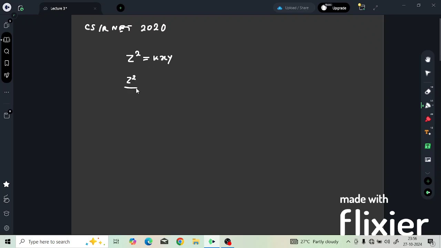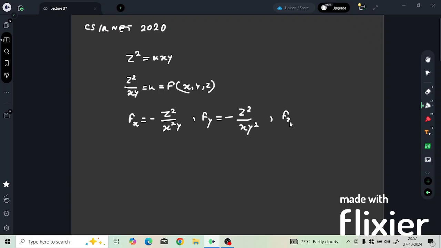Like this, z square divided by xy is equal to k. Now, let this term be a function of x, y, z, f of xyz. Now, we have to compute the partial derivative of f with respect to x, y and z. So, let's compute. If we compute the partial derivative with respect to x, we will get fx equals to minus z square divided by x square y. Similarly, we will get fy equals to minus z square divided by xy square,